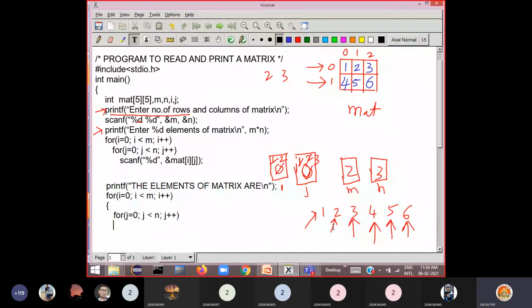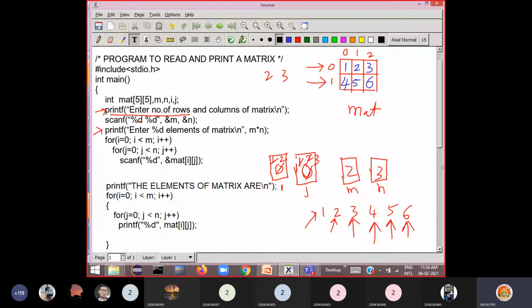Now you say printf percentage d, and from where? Matrix of ij. So from the location ij you print the value. That is what we are informing. Now close the loop here.